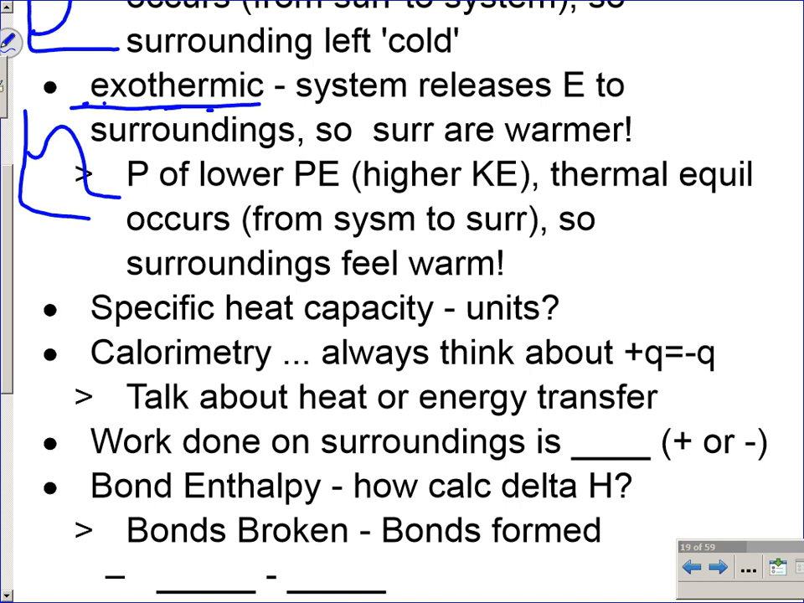How much heat is required to raise 1 gram of a substance by 1 degree Celsius? Okay, so 1 gram of substance by 1 degree Celsius. So how do we write that into a unit form? Joules per gram times